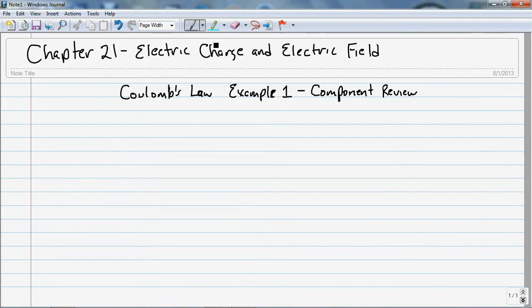Before we dive into an example, let's take a look at the definition of components. And you've talked about this last semester, so this should be fairly simple, fairly much of a review. So let's say we have a coordinate system here, and you have the y-axis and the x-axis,